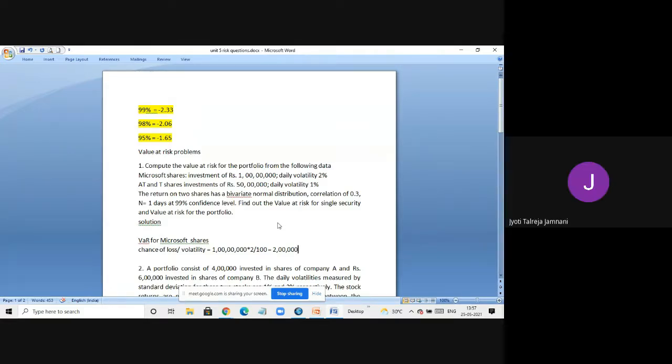So the first step is to find the volatility of the investment. How much is the daily volatility, which will be given in the question. We have invested 1 crore and the daily volatility is 2%. So this is the chance of loss or volatility. Now we are going to use our table values and find, at 99% confidence level,